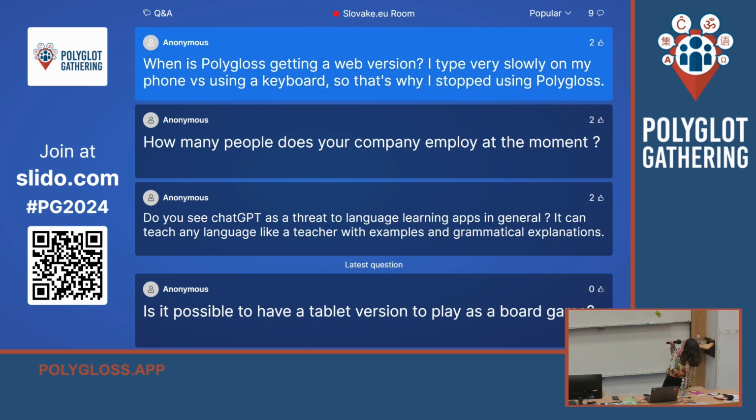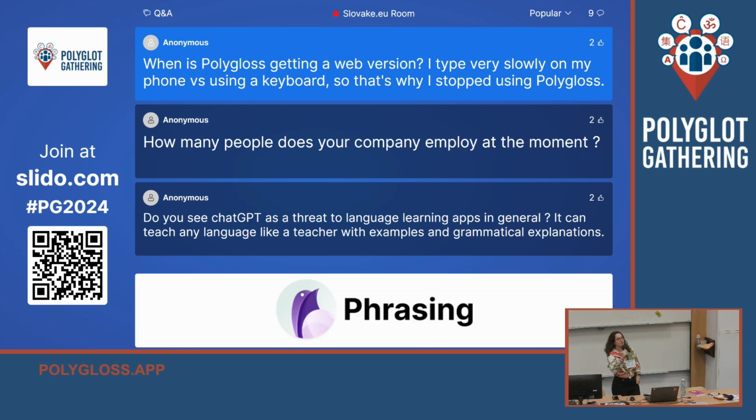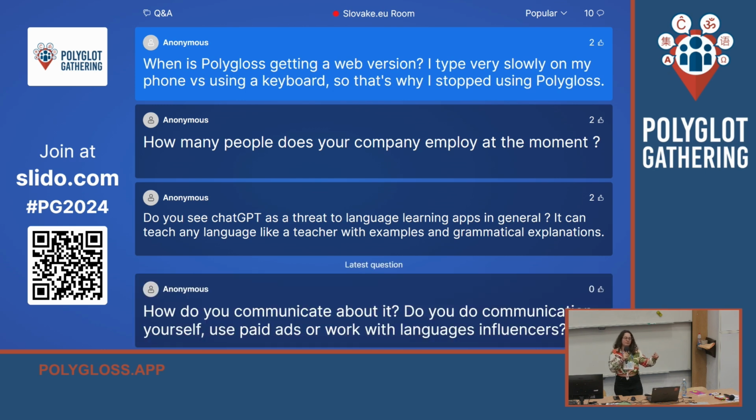When is Polygloss getting a web version? I type very slowly on my phone versus using a keyboard, so that's why I stopped using Polygloss. That's a very good point, and I really appreciate the feedback. So I started working on a web version a long time ago, and then I stopped because the Flutter framework initially was made for exporting to iOS and Android only, and the web exporting was still not very stable at the time, was very buggy, and I figured I would be fighting against the